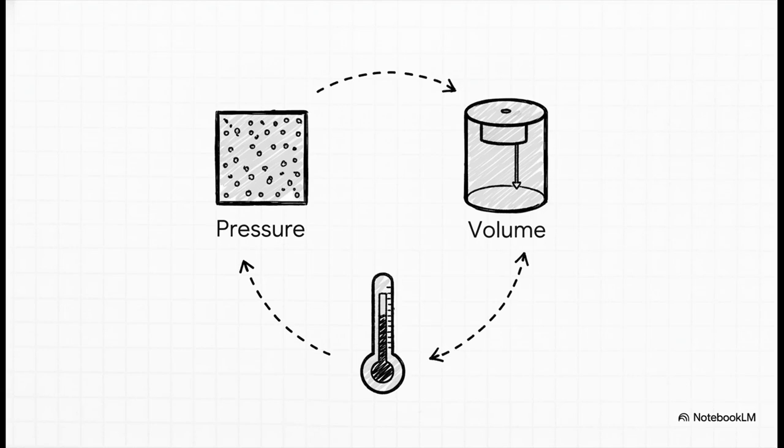I mean, the patterns they saw were just incredibly consistent. They did experiment after experiment and came up with laws like Boyle's law, pressure and volume, and Charles's law for volume and temperature. These are what we call empirical laws, which just means they're based purely on what you can see and measure, and they work perfectly for describing things on a big macroscopic scale.